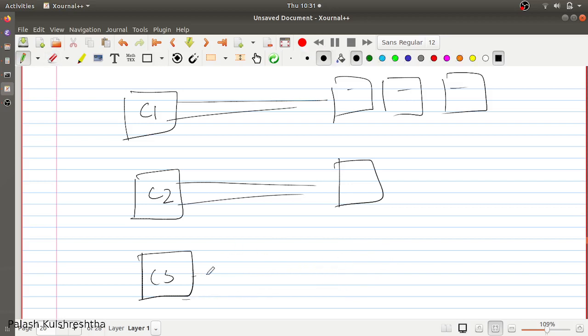You can also have a multi-tenant architecture like this. C2 and C3 are using the same set of resources, and you have dedicated resources for client C1, which is a bigger client or is expected to grow big in terms of traffic or enterprise value.